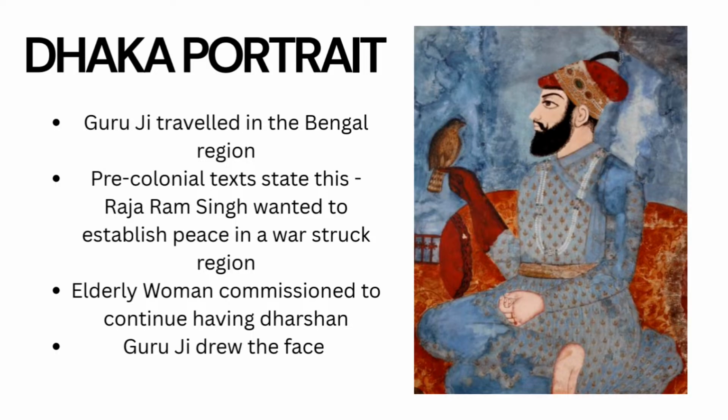And Guru Sahib has written in a Hukamnama, which I haven't put in this presentation. Silly me, I forgot. But Guru Sahib has written that I'm going with Raja Ram Singh to establish peace in Bengal, this area in Bengal, between two fighting forces. So Guru Sahib didn't just go out to do prachar, they also stopped fights, stopped wars. And I have historical references for that as well.